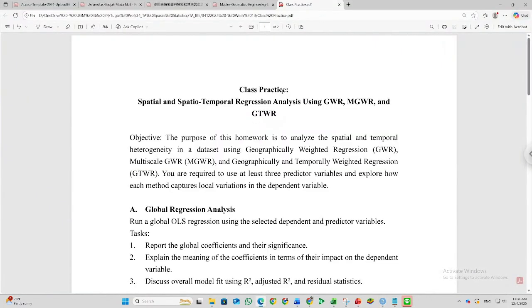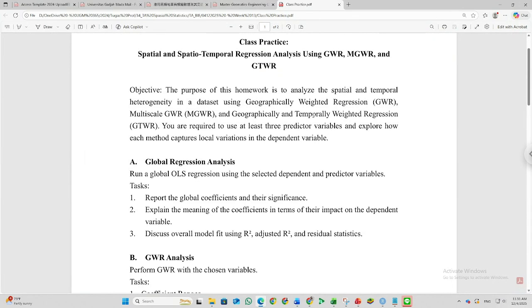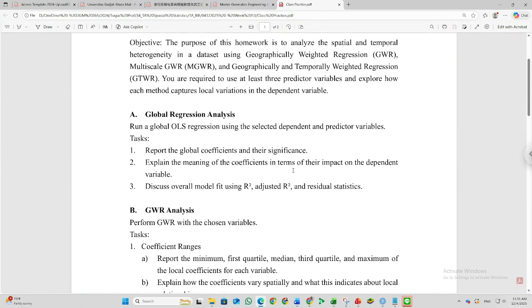Okay, so this is the class practice. You can also use the same code that I have already explained to you, using the GWR, MGWR, and also the GTWR. You are required to use at least 3 predictor variables and explore how each method captures local variation in the dependent variable.